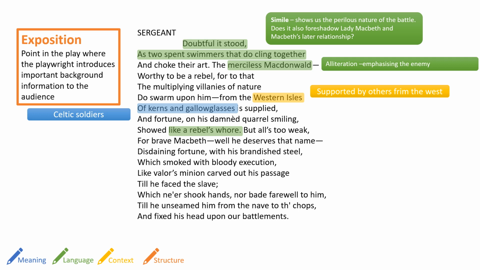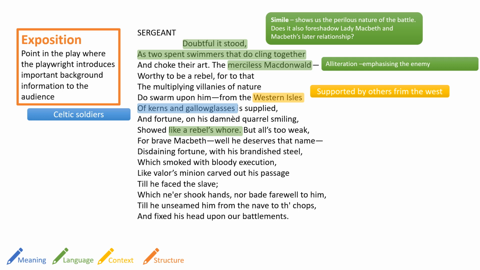He's also got Fortune, Lady Luck. We've personified her here, who's smiling down on MacDonald like a rebel's whore. It's not unusual in literature to personify Lady Luck, a particularly fickle character and often a woman, but here to describe her as a rebel's whore really gives the emotion that the sergeant is pushing across to the audience about